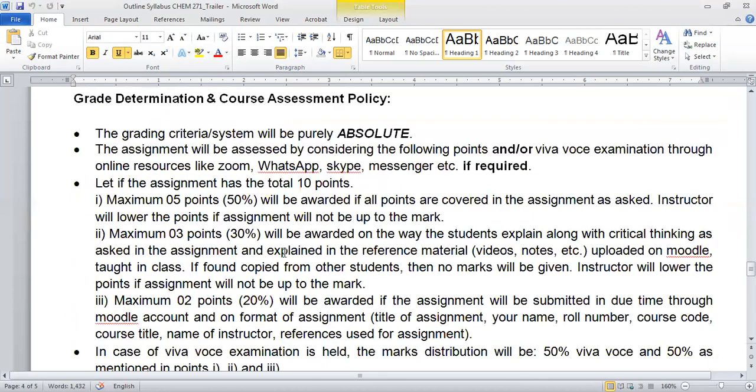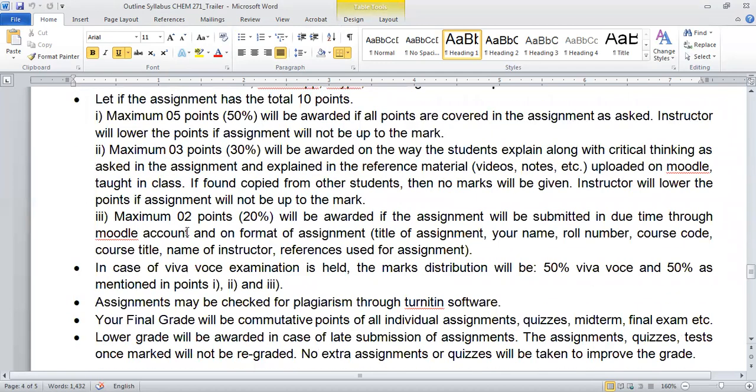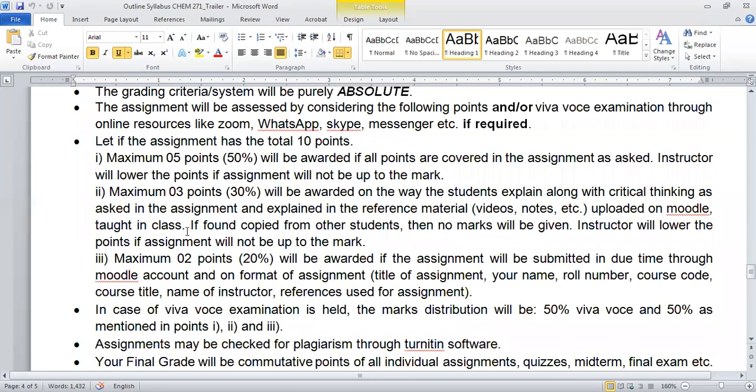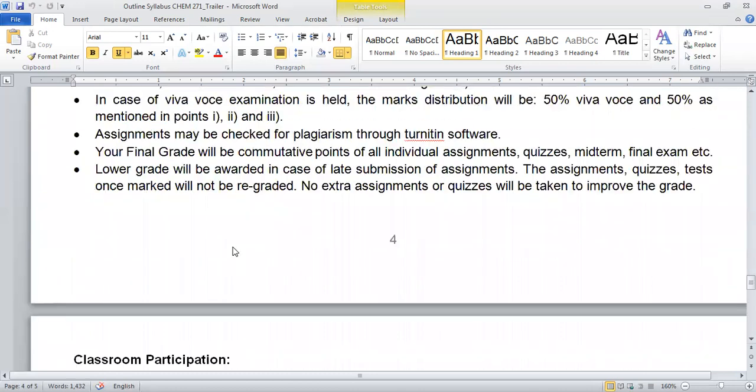And assignment is very important in this case, and I have already given the criteria for the evaluation of the assignment. Let's suppose it is 10 marks, and the 10 marks are divided into 5, 3, and 2, with the weightage of 50%, 30%, and 20%. So all criteria is given over here. So you will not lose your marks